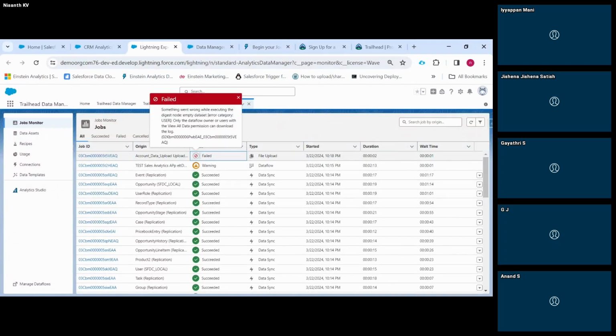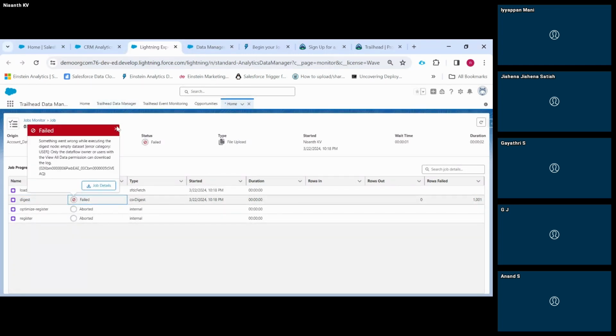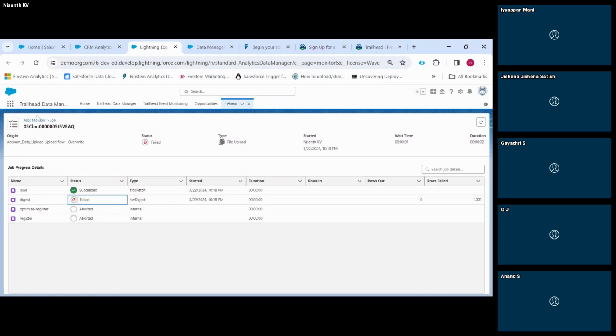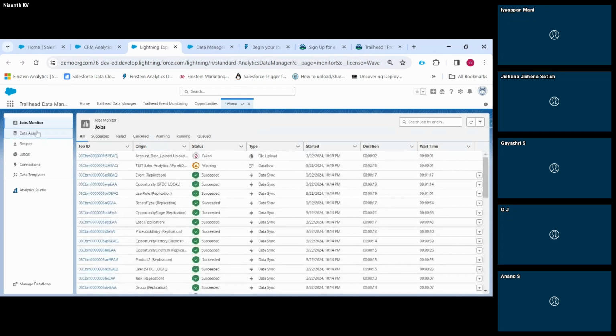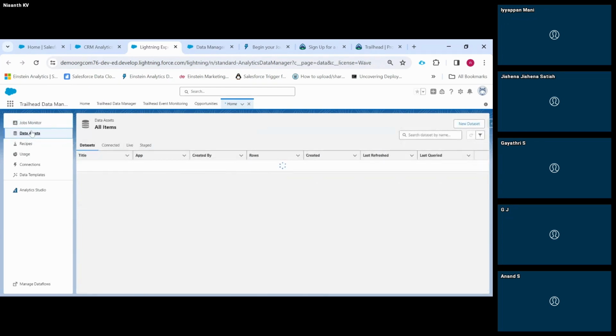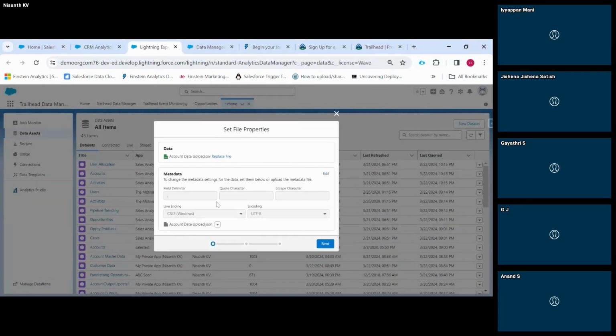So we are facing an issue here. If you see, it has been aborted. We may try to upload another data. The data assets is another place where we are able to create a dataset. We may select the dataset and upload a file. I'll use this file,